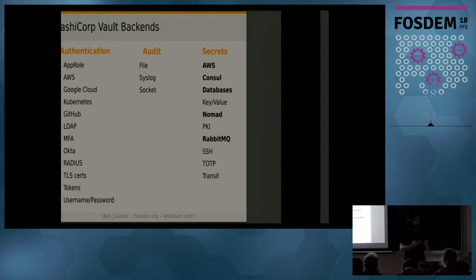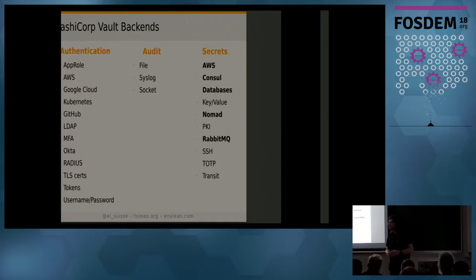So if you have an LDAP server, you can authenticate your team members with it, or you can use GitHub, or, I don't know, there are a lot of options. You can also authenticate things like a pod in Kubernetes, so you can identify people or things in a more general manner.